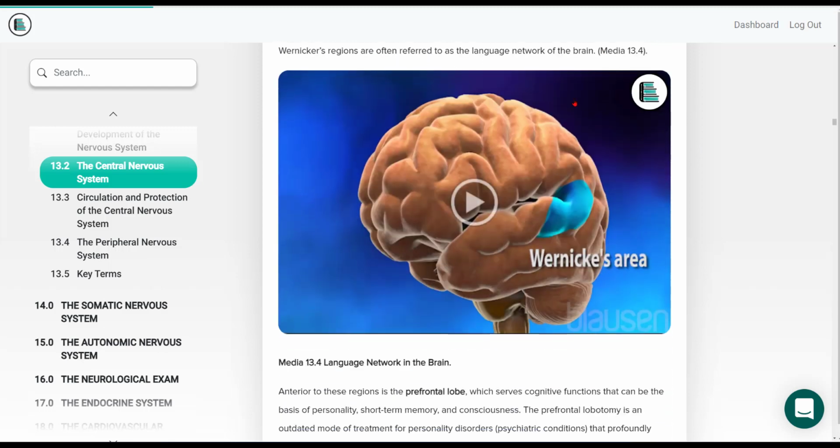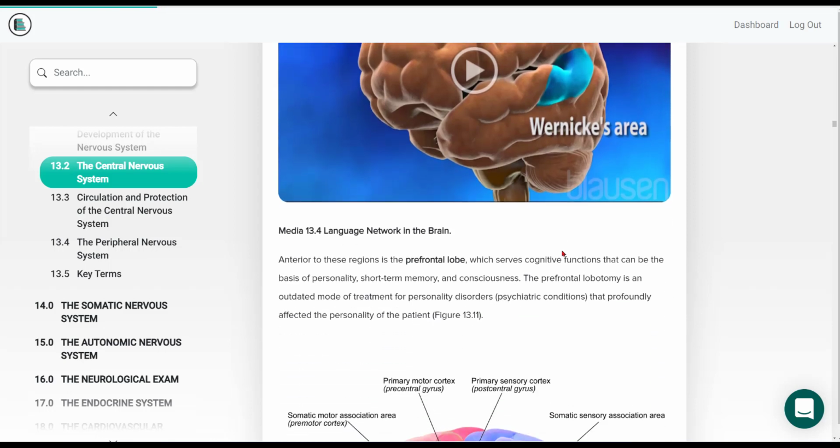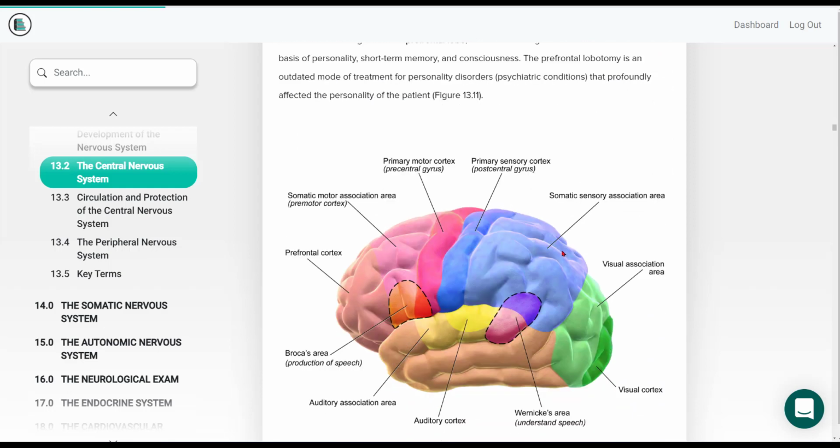So in this video, 13.4, it is going to describe to you Wernicke's area and Broca's area. Definitely know these areas. I can tell you now that they are important regions of the brain, and I will ask you to know these areas well on the exam number 3. So let's take a look at another